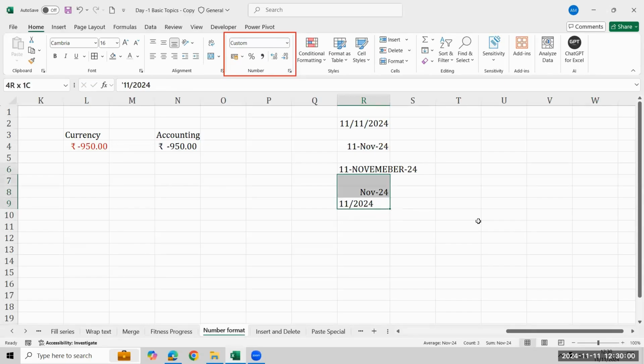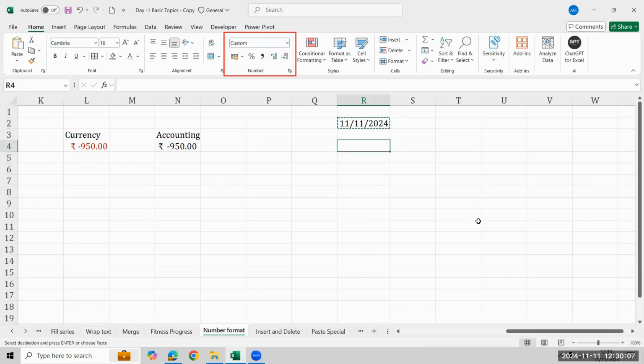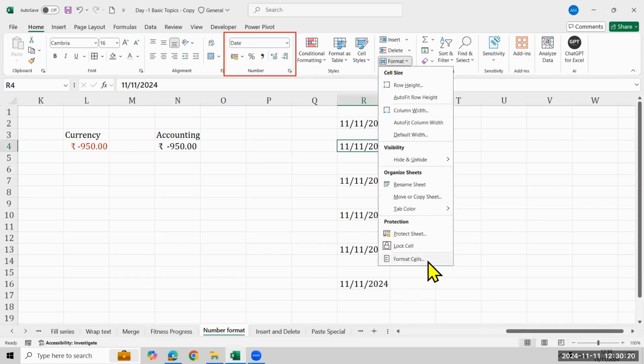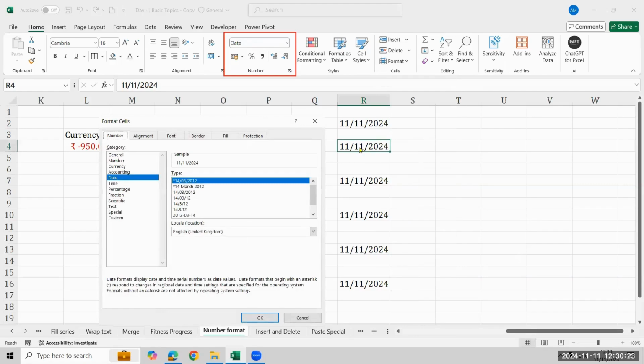To create this kind of format, you just need to copy the date you have typed multiple times. Copy and paste, Control C and Control V, like this. Once you are done, now let's see the differences. Let's assume that I need the same format. So I'll go to the format here. Whenever I select the cell, which format am I getting here? Date format. So here the number format is by default date. From here, if I select this and click OK,